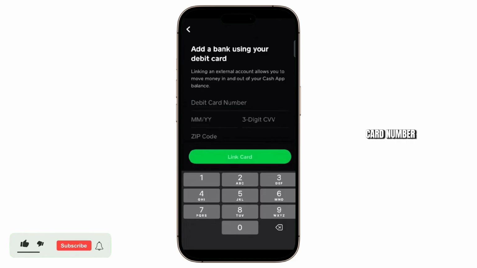And once you enter the card number, enter its expiration date, as well as the 3-digit CVV code and your zip code. Now tap on Link Card, and you should be able to connect a debit card to your Cash